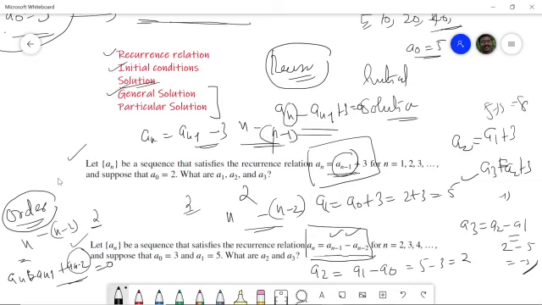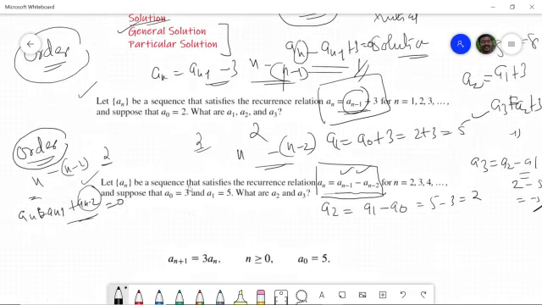So that is n minus 1, which is 1, which gives the order of that recurrence relation. So I hope now you understand what we mean by the order of a recurrence relation. We will discuss more about order in the next session. So I hope this is clear here. Okay, let us look at this problem here again.